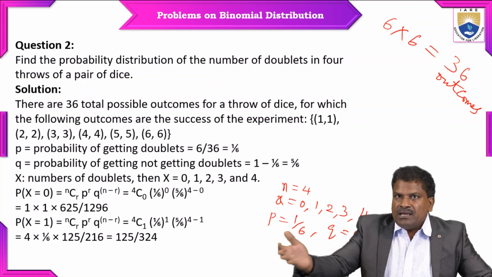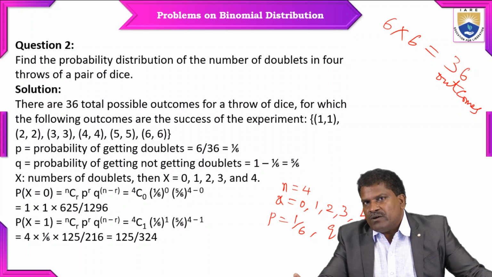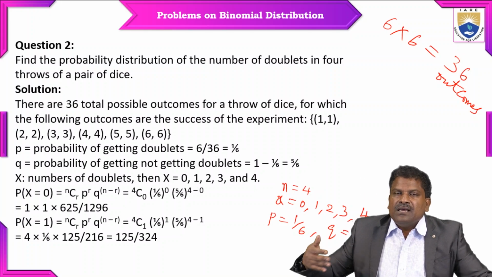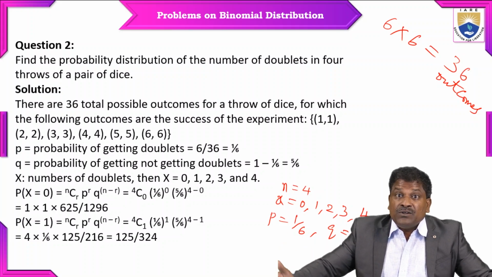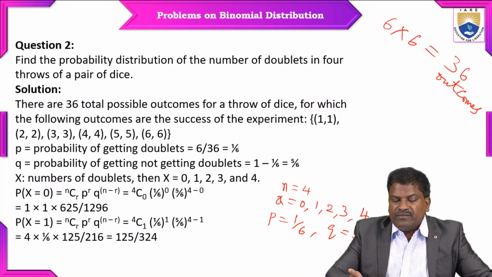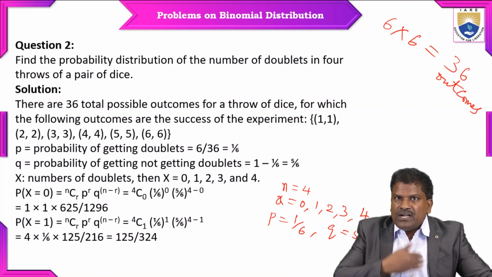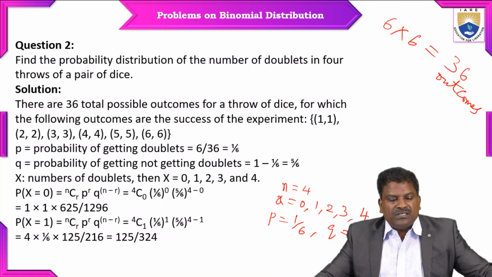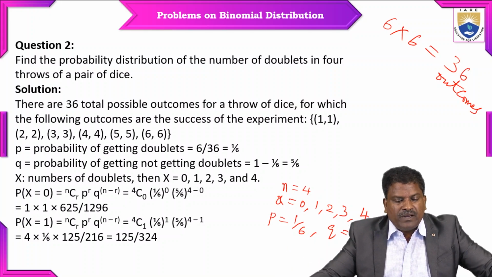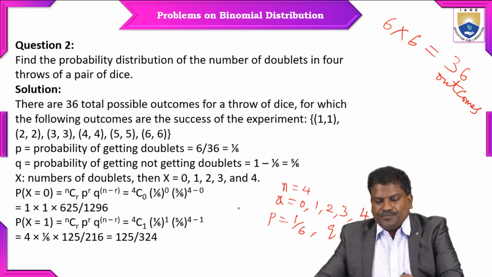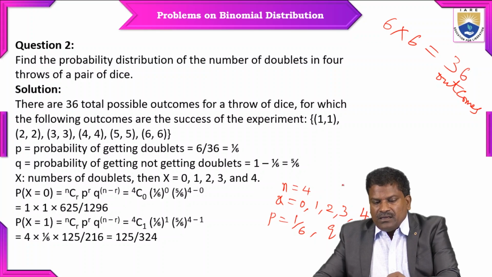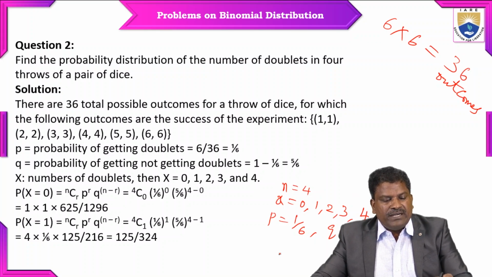Same as earlier, in the first sum, how we found P of x is equal to 0, P of x is equal to 1, same like that here also, using the same formula nCr P to the power r into Q to the power n minus r. Using these values, find them one by one. Now P of x is equal to 0 is nCr into P to the power r into Q to the power n minus r. Keep all these values here. We are finding P of x is equal to 0,